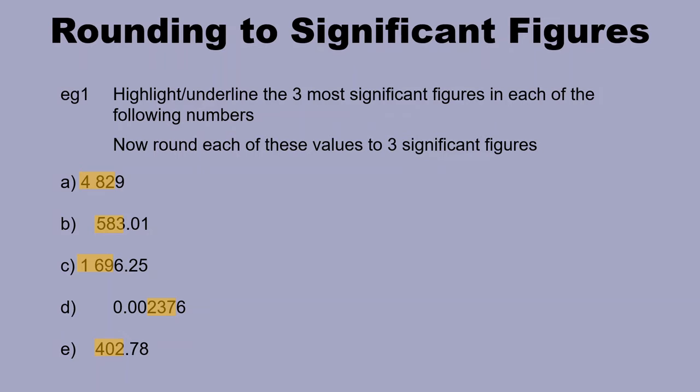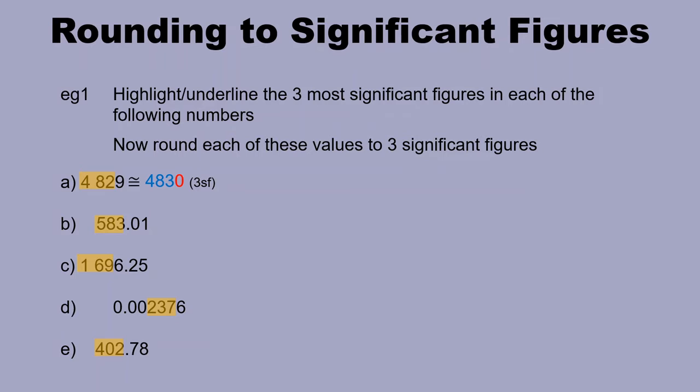Next, I want you to round each of these values to 3 significant figures. So I've already highlighted my first 3 significant figures. I now just need you to round these numbers as we've done before with place value and decimal places. If you missed those lessons, check the description box below. Our rounding rules will be the same. So look at the last digit of our 3 significant figures. This 2 has got a 9 to the right of it. 9 is more than 5, so the 2 will round up,